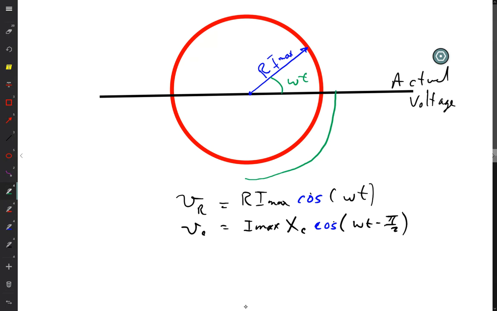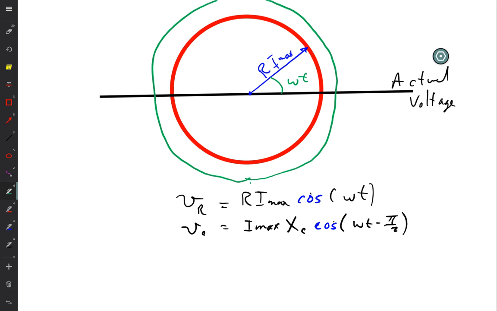Here is my circle. It's just as perfect as the other one. There's my circle for the capacitance. Now, the capacitance was minus pi over 2, so it's going to be